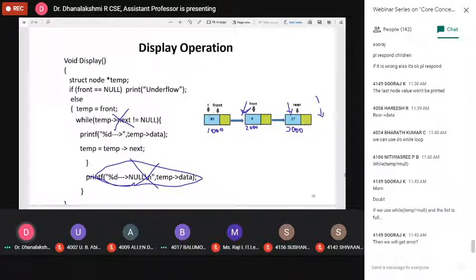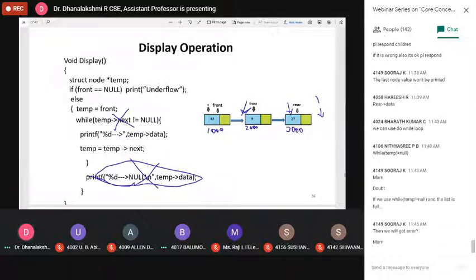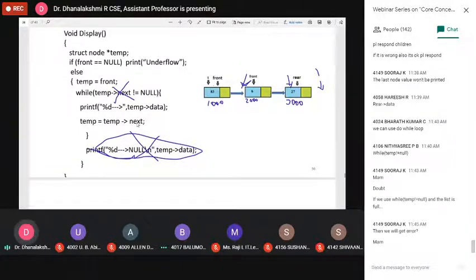If you use while temp next is not equal to null, and then the list is full, if you have any errors then you will get an error. At that time we can use it for traversing only.